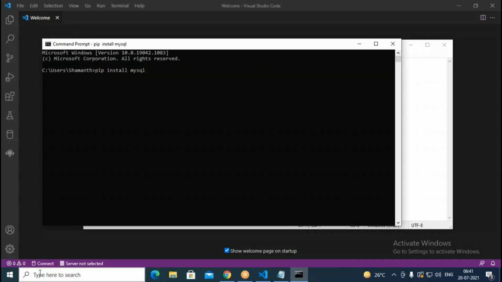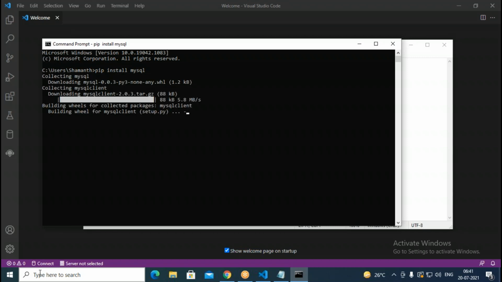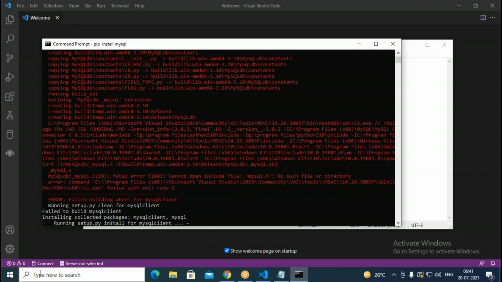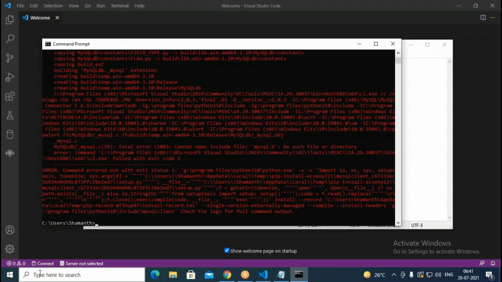This is going to install the MySQL package. It's giving some error, but otherwise this actually installs. When we say pip install mysql, it gets installed in our system. This is already installed in my system.